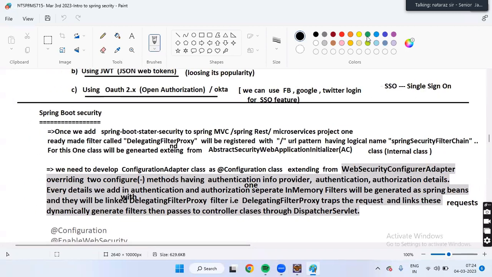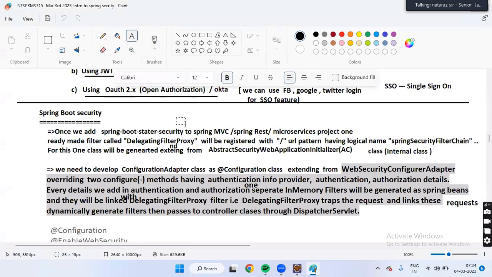Let's start understanding the technical aspects of this, guys. Okay, guys. Now listen to this paragraph very carefully. Once we add Spring Boot security starter to a Spring MVC or Spring REST or microservice project,